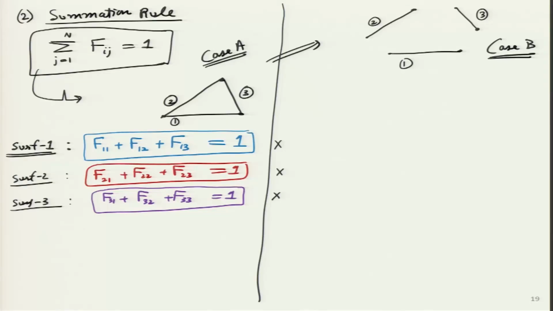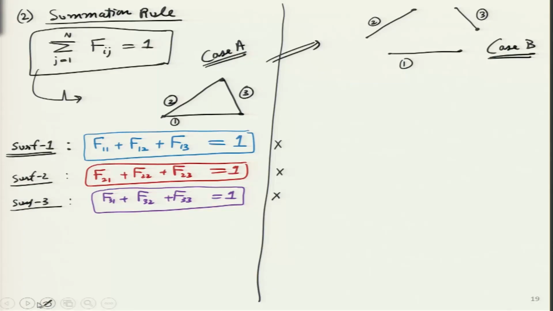The surfaces make an enclosure in case A. So, you see over here when the 3 surfaces join, they make a full enclosure. In case B, it is not a full enclosure. There are gaps in between. Where are those gaps? Let me show it with the green color. So, there is one gap here, there is one gap here and there is one gap over here. So, interesting thing is I can call them surfaces, gaps also I can call surfaces. So, this surface 1, 2 and 3 already there. I will write this surface 4, this surface 5, this surface 6.